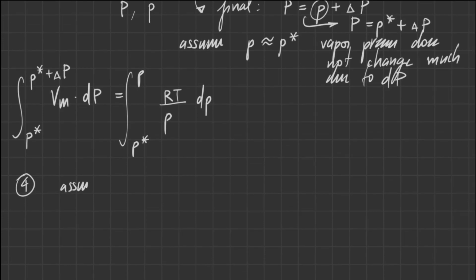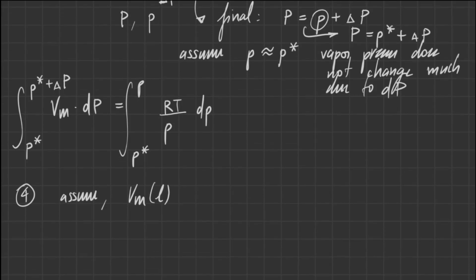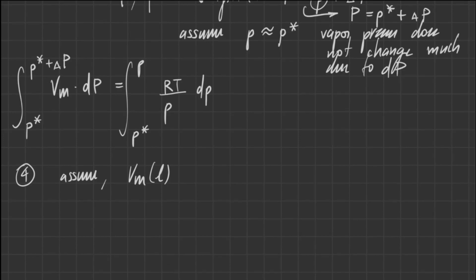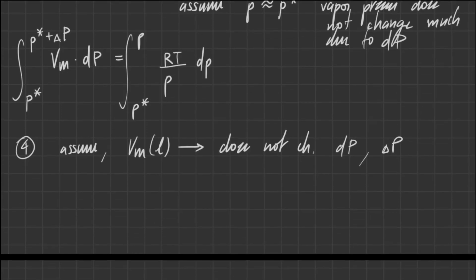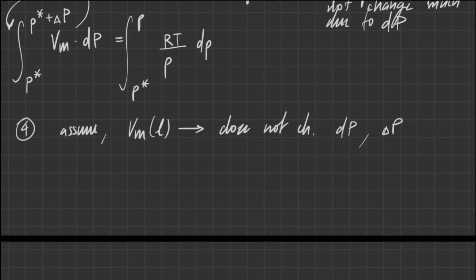There's another assumption here that we want to make, and that is that this Vm value, which is actually the molar volume of the liquid, does not change due to the applied pressure. That allows us to pull it out of the integration. So let me just rewrite that real quick. The molar volume of the liquid